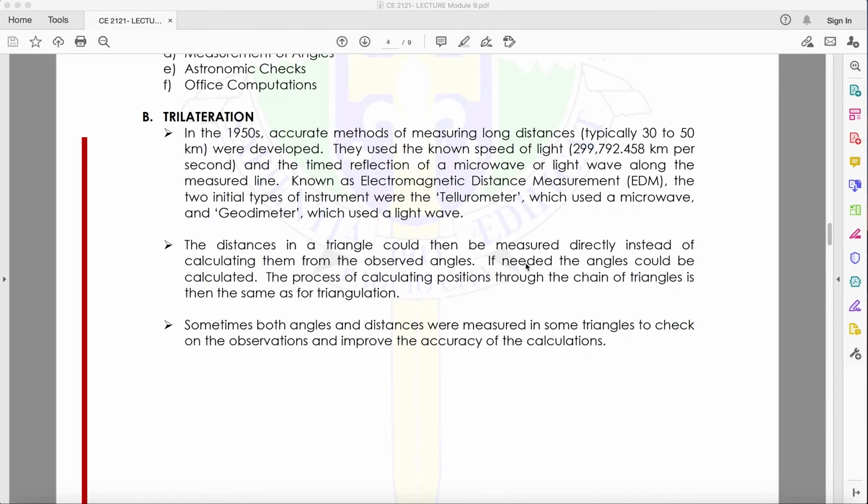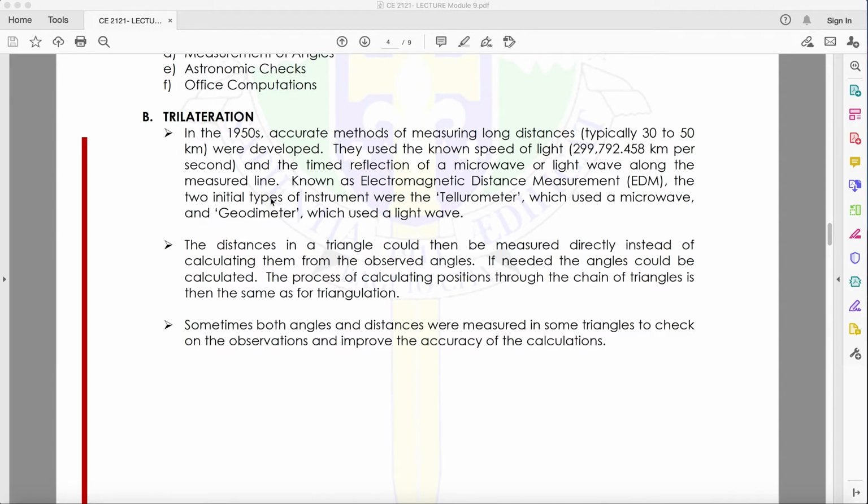Letter B is trilateration. In the 1950s, accurate methods of measuring long distances, typically 30 to 50 kilometers, were deployed. They used the known speed of light, 299,791.458 kilometers per second. And the time of reflection of a microwave or light wave along the measured line, known as electromagnetic distance measurement or